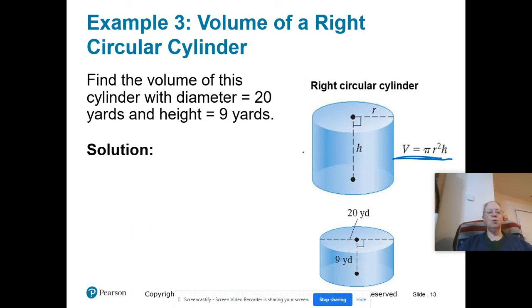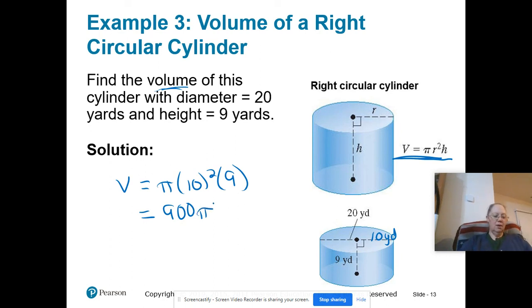Okay, so we want to find the volume of this cylinder, which has a diameter of 20, which means it has a radius of, remember, radius is half of the diameter, so a radius of 10, and a height of 9 yards. Okay, so volume is pi times the radius, which is 10, squared, times the height, which is 9. We're going to multiply that. By the way, 10 times 10 is 100, times 9 would be 900